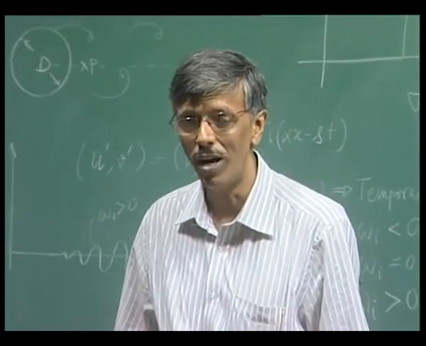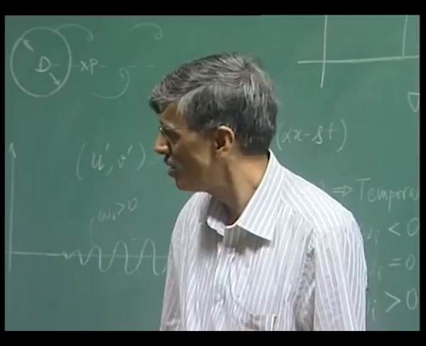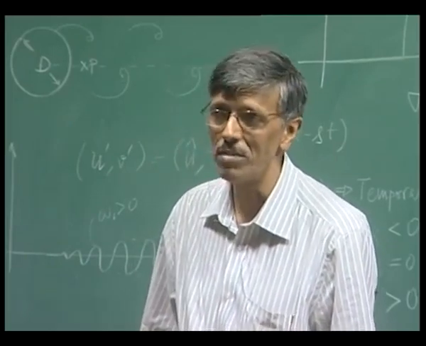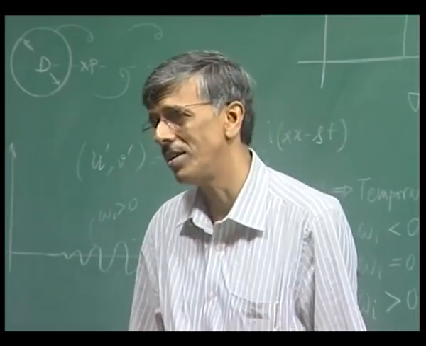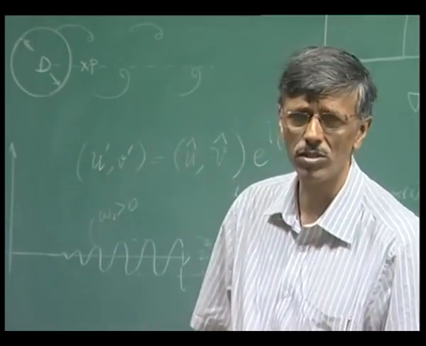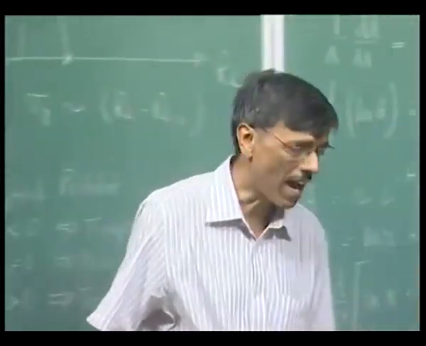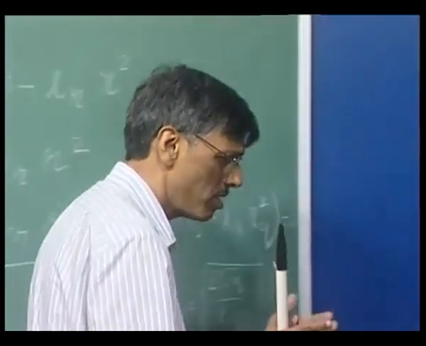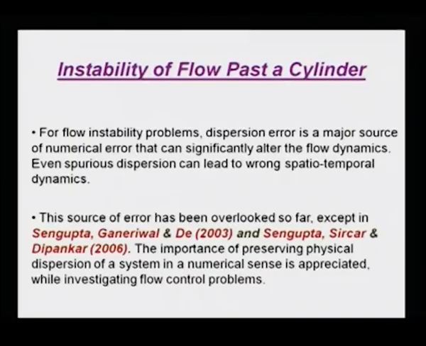So you have to think of it very, very carefully. It's not just simply saying it's truncation error, round-off error. We know there are various sources of error. But we need to understand that this is a major point of departure when we try to reconcile experimental results with numerical results, because we are not talking about the same things. We are talking about apples and oranges. So when we are talking about the flow instability problem,